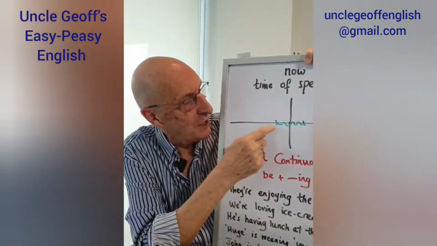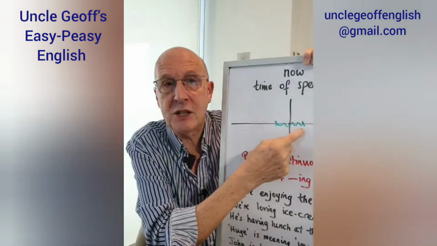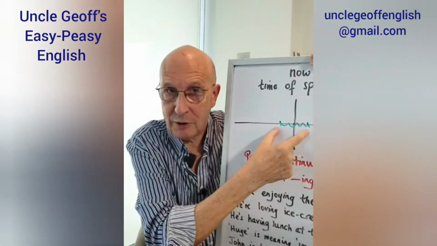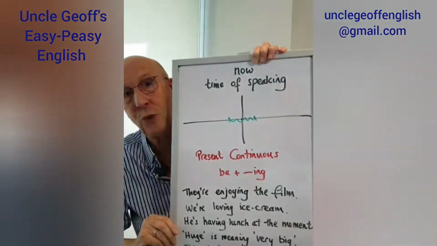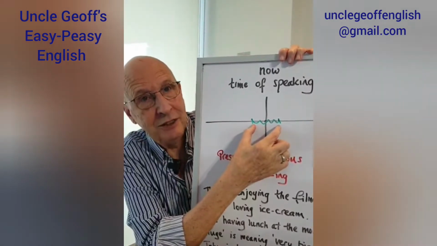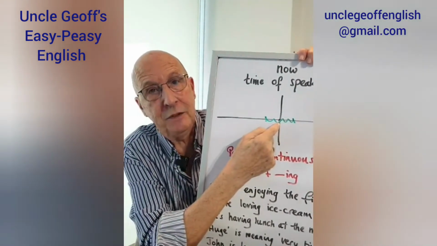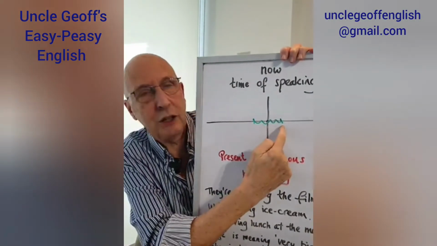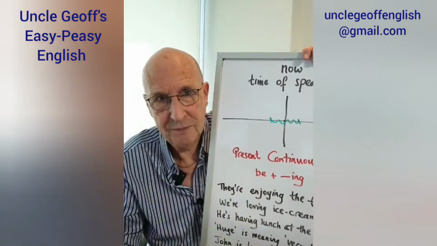Anyway, so the action starts when you make the appointment. The action finishes when you go and see the dentist. So again, it's temporary. That's why we use present continuous to talk about the future. You're in the middle of the action. At the time of speaking, I am seeing my dentist at 4 o'clock tomorrow. I made the appointment. Here's 4 o'clock tomorrow. We're just in the middle of this action.